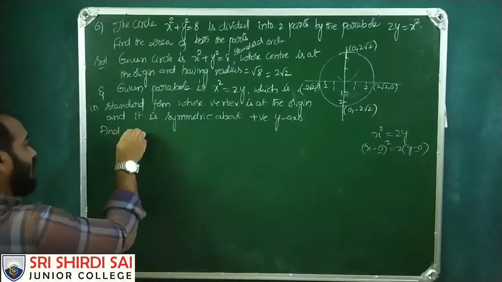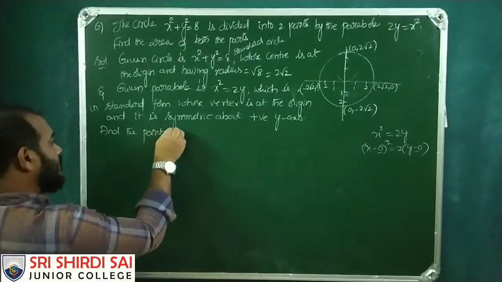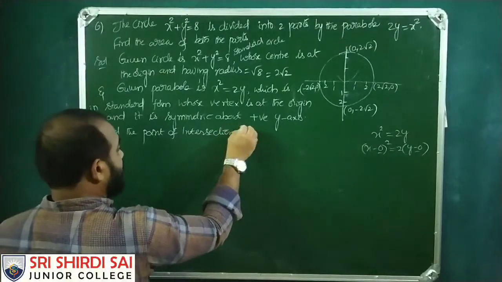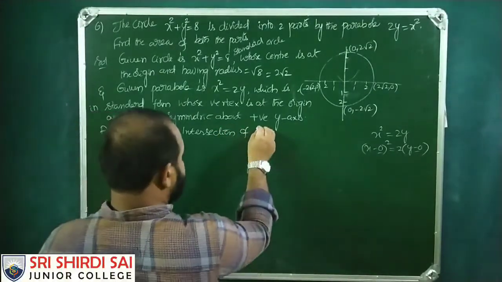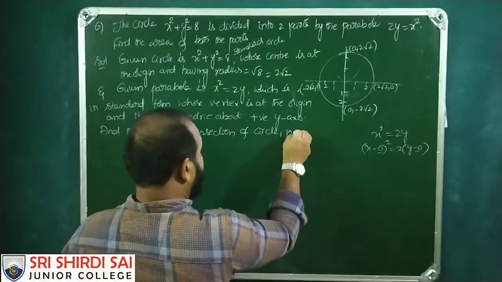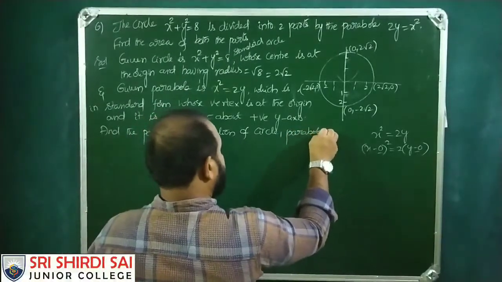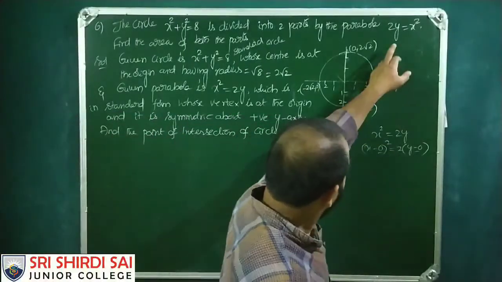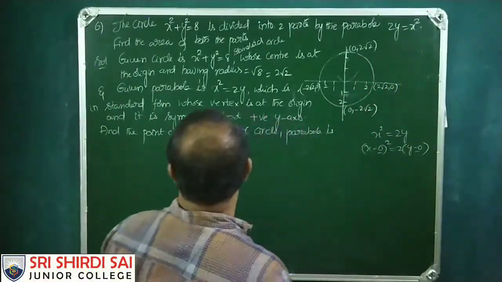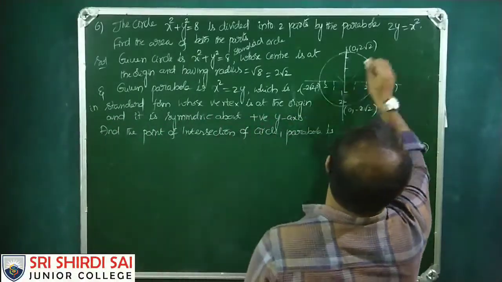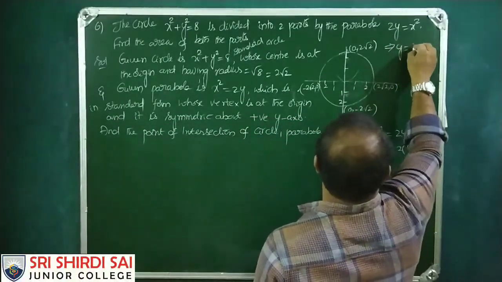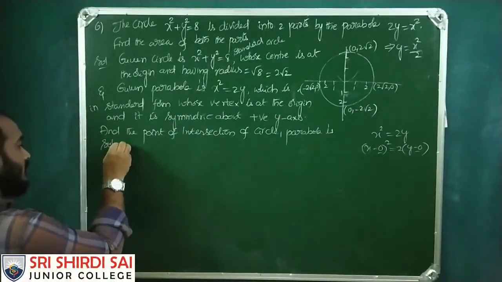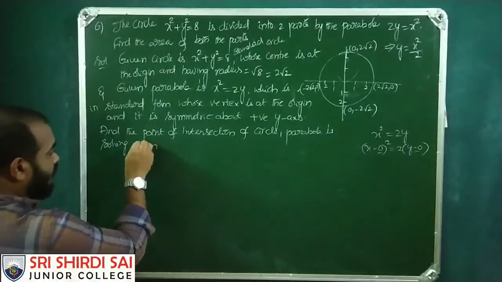The point of intersection of circle and parabola: here y equals x square by 2. So from this, y equals x square by 2. So solving them we get,